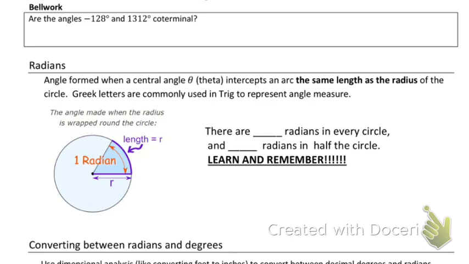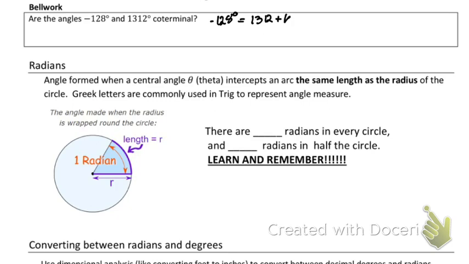So the bell work said, are the angles negative 128 and 1312 coterminal? The correct answer is yes. Yes, they are. And the way we could check that is we could pick either one of those angles to start off with. I'm going to pick negative 128. All right, negative 128 degrees. That's going to equal